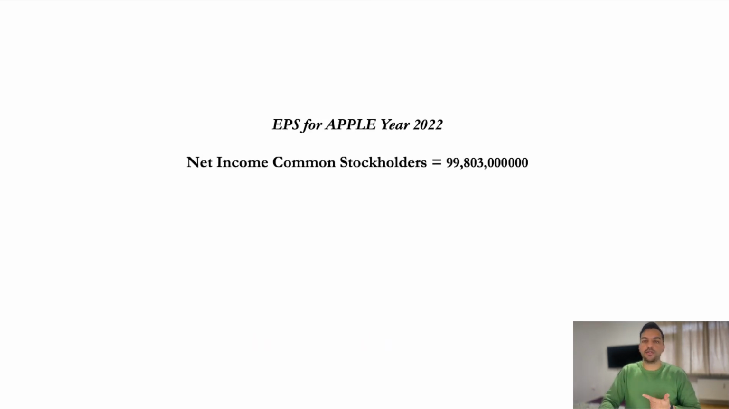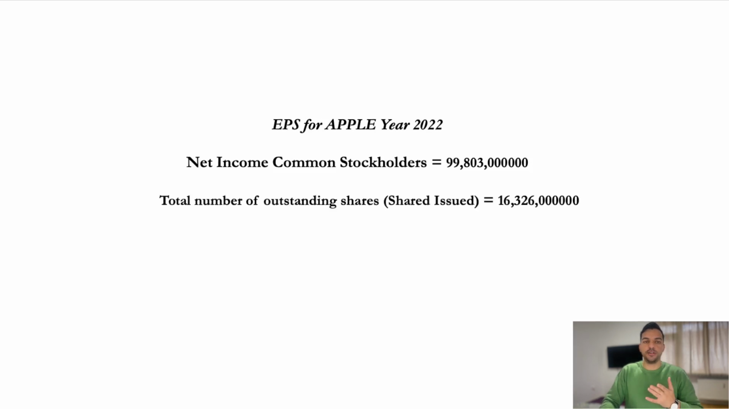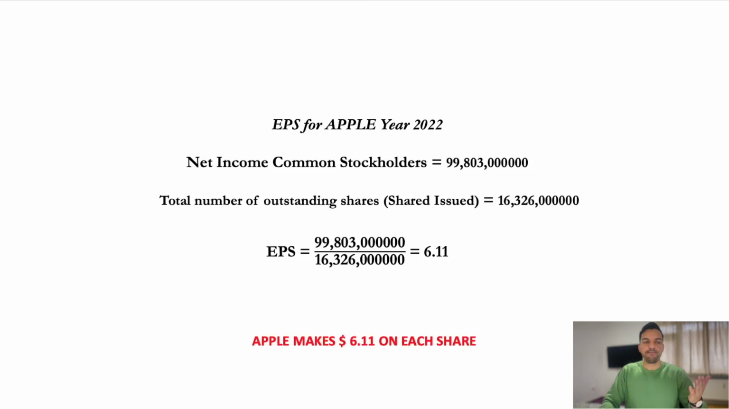Similarly, you can calculate for 2022. You take the net income of the company, you take the total number of outstanding shares the company has, and then you divide the net income by the total number of outstanding shares, and at the end you get $6.11. So this means the company made 5.61 last year, and in 2022 Apple makes $6.11, which means the company is making more